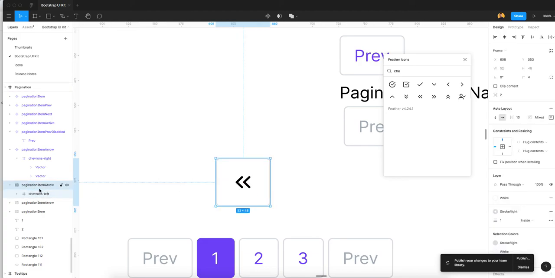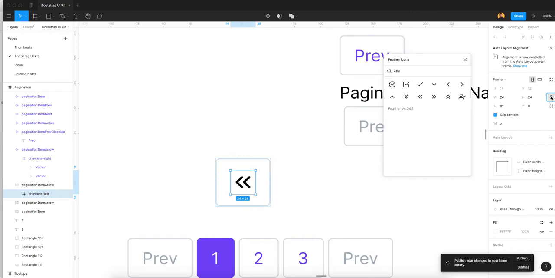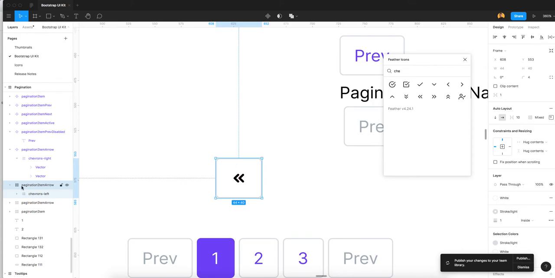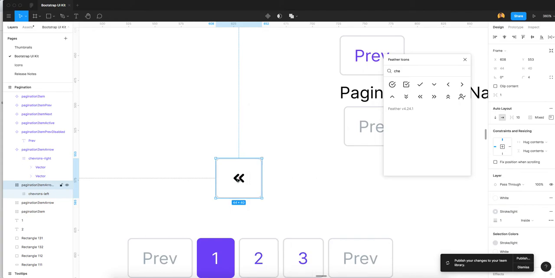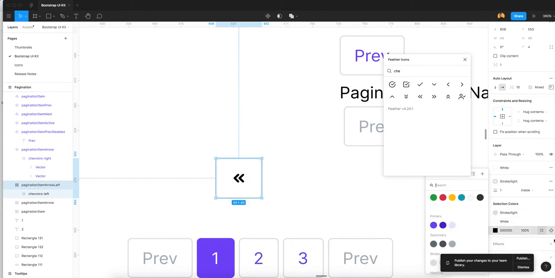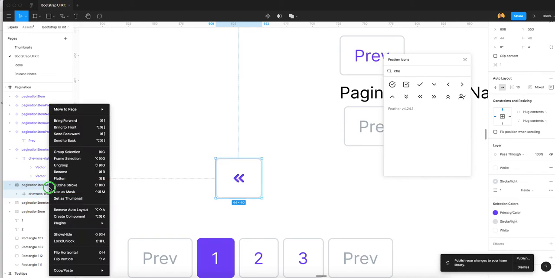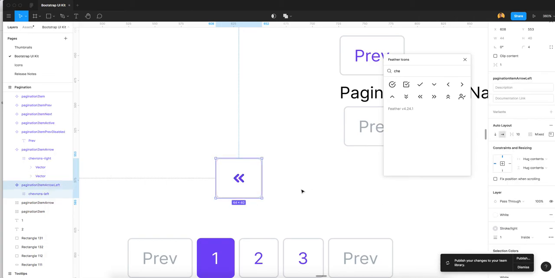Now we do the same thing we did for the last icon, 16 pixels. Okay, now we convert it into arrow left. Before we convert, we change the color of this to primary, convert, create component.